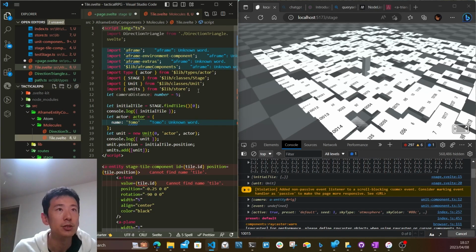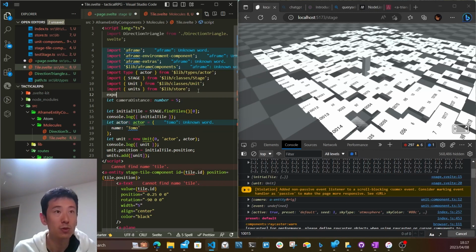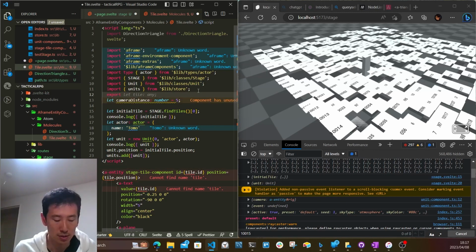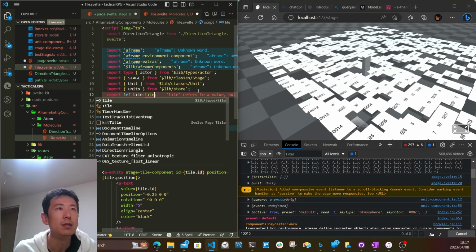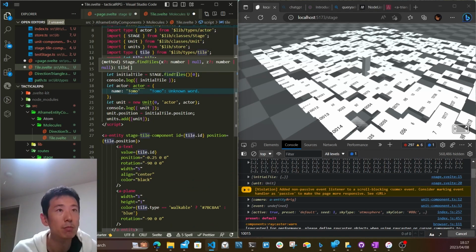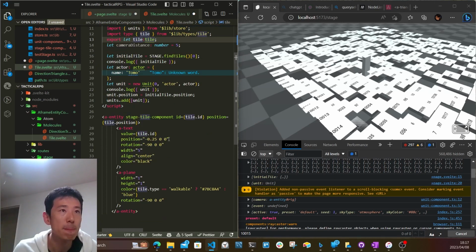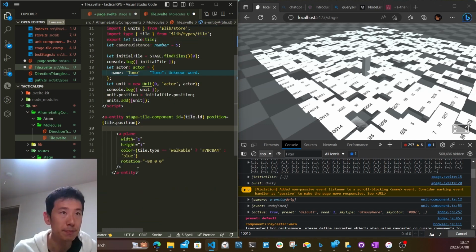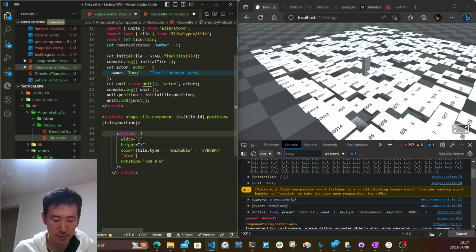Yep. It should take export. What is it? Let tile type. So this tile component has a text. I don't need the text anymore, and a plane. This is a wireframe